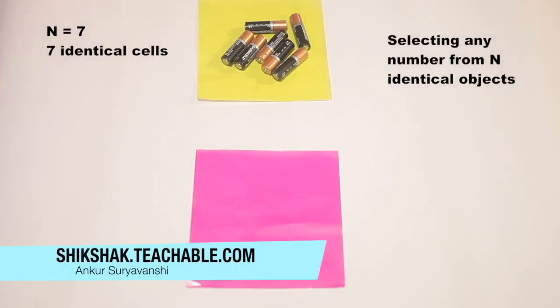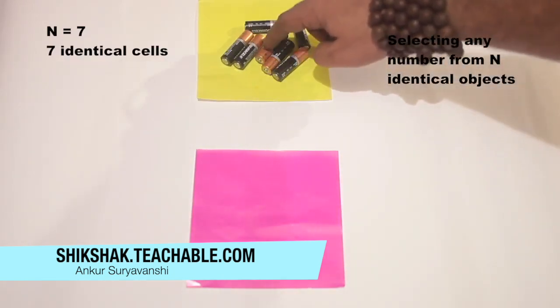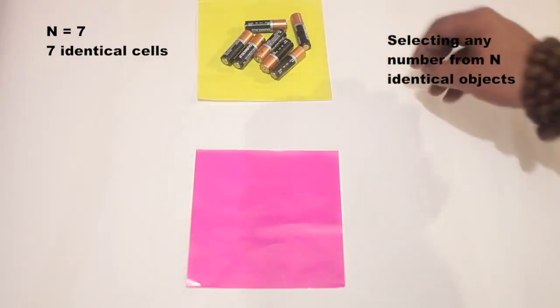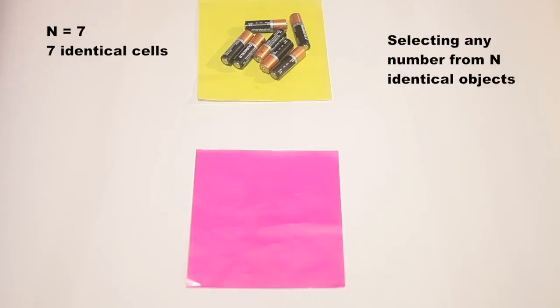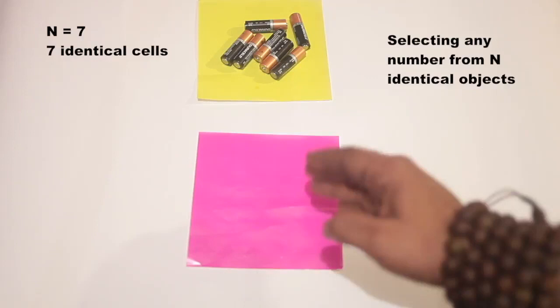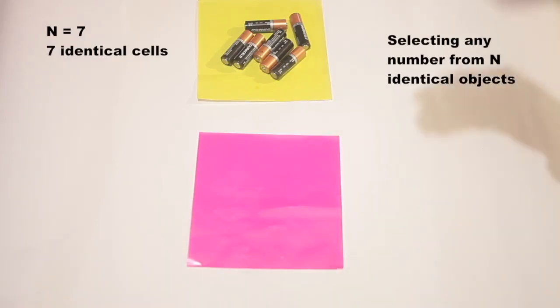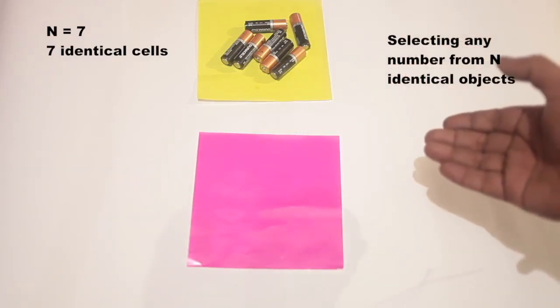So now you walk into the second shop and you see that there are 1, 2, 3, 4, 5, 6, 7 Duracells there in the shop. There is nothing else in the shop. So this is your only question. You walk into the shop with your pink bag and say, what can I do in this shop, right?